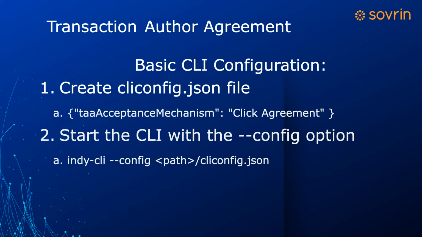Is the TA acceptance mechanism a fixed enumeration of types? The idea is, as a governance process, the technical governance board came up with a list of the mechanisms we think we can accept for allowing this agreement to happen. I think there's like 5 or 6 total today. Are they explicit actions by the user, or are some of them implicit? There are things that the user would have had to actually do.